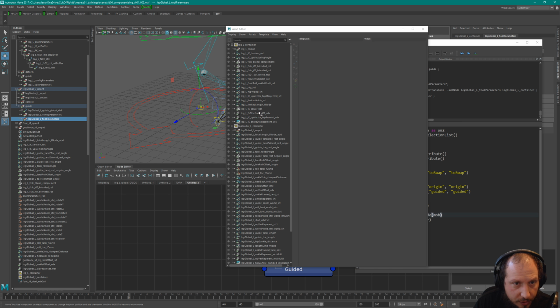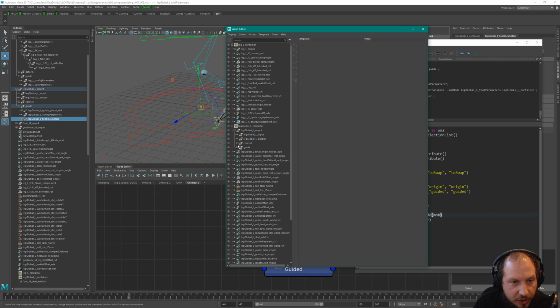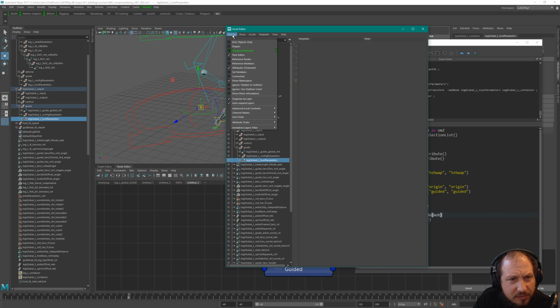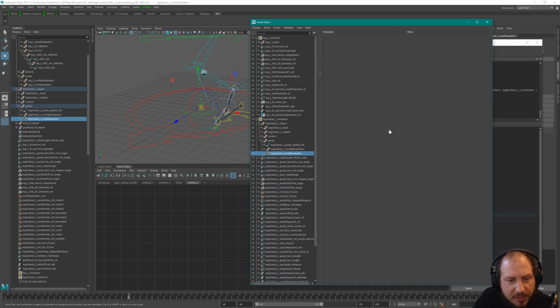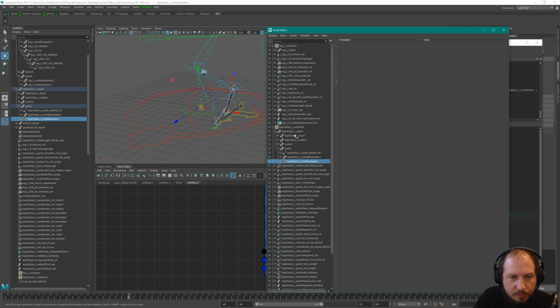Let's see. Does frame work in here? No, that'd be too convenient. So let's check just to make sure. Yeah, there you go. Really, there's no frame? So yeah, this view is super useful, but it's very old and it seems like it was thrown together in a hurry, so it's quite janky. It doesn't have a lot of shortcuts in the outliner. Anyway,